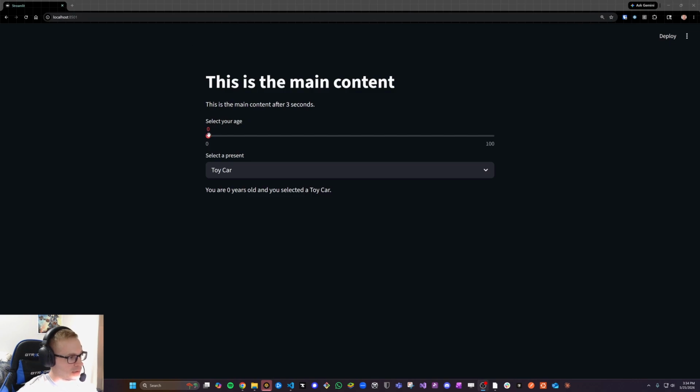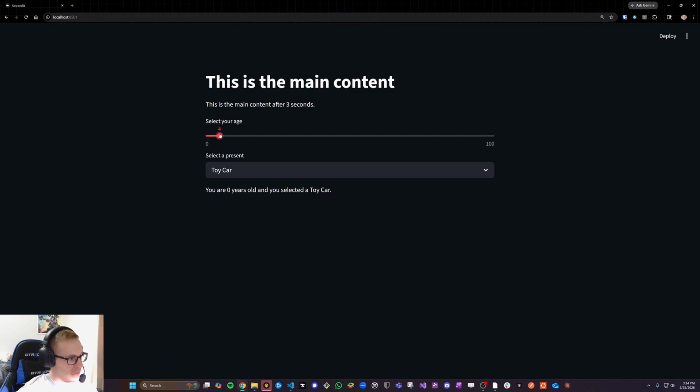So if you select your age like this, then you see here it just changes what you see on the screen down here. So this part acts as a completely separate component. Doesn't have anything to do with this. So this main timer, it's not reloading that when you're selecting anything on this component,